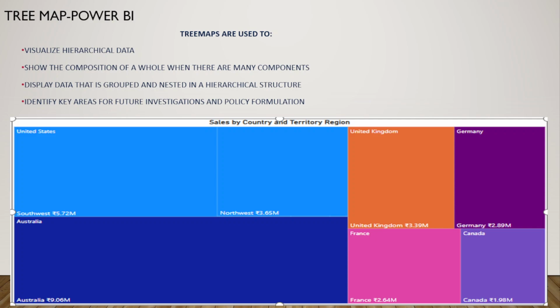data. Hierarchical data means, suppose you can see in front on screen that there are some countries named United States, Australia, United Kingdom, Germany, and under them there are some territory regions. For example, under United States, you can see there is a southwest, and under United States there is also a northwest. So this kind of hierarchical data we can display on Treemap, and Treemap is a perfect visualization